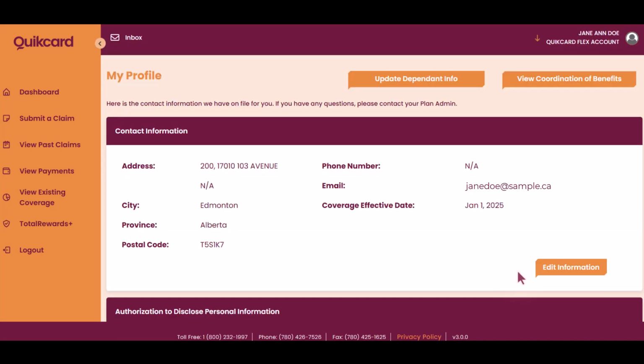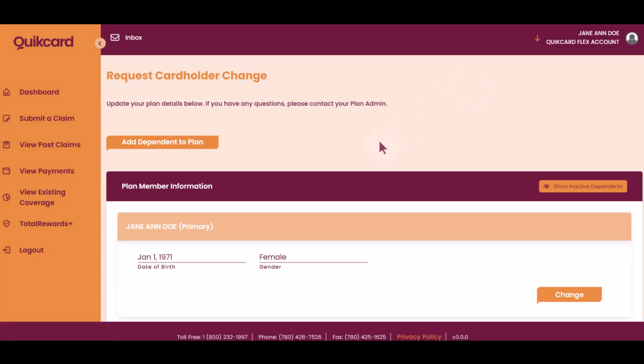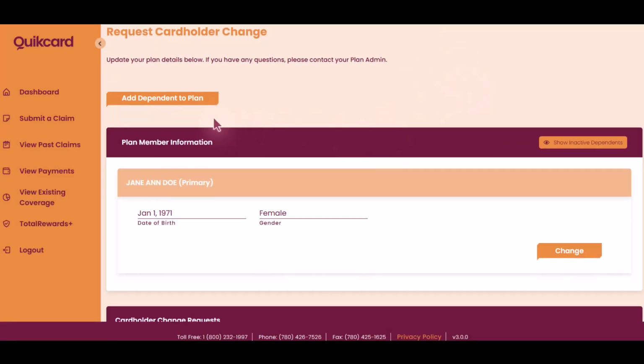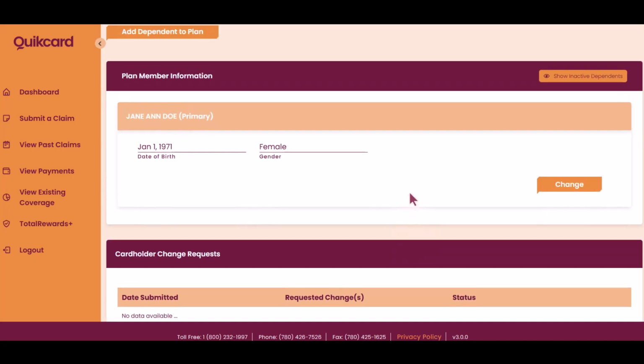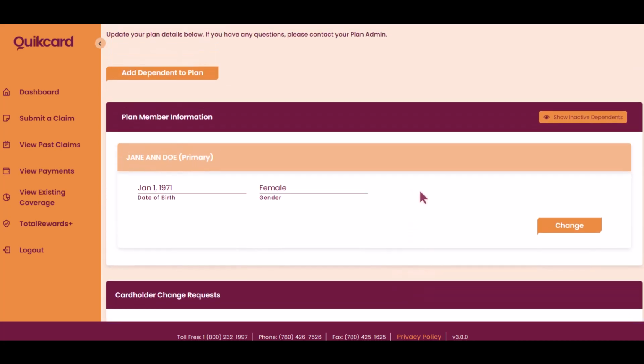So if you need to update your dependent information, you can select this option, which will open a new page. You can add a dependent to the plan, show inactive dependents, or change information as needed. This will include information such as spelling of the name, date of birth if it is inaccurate, education status updates,